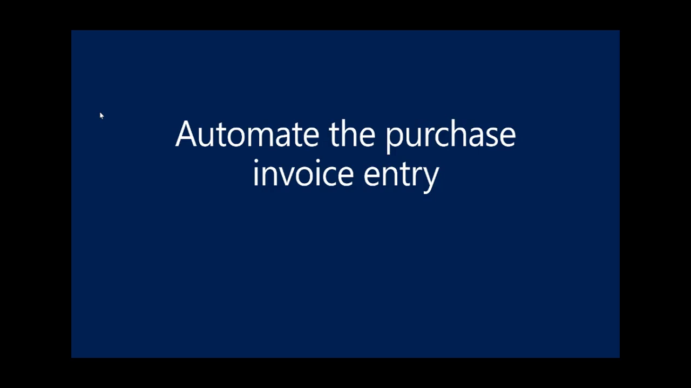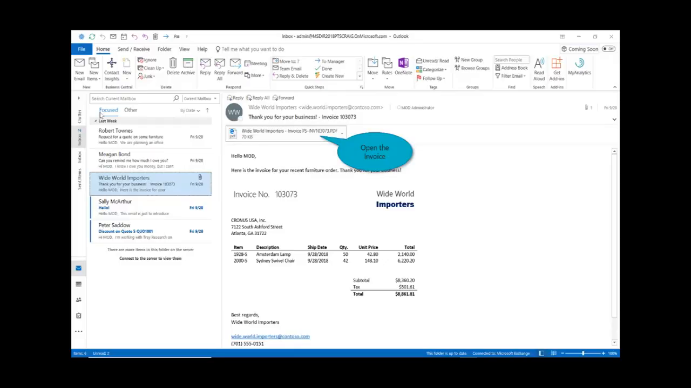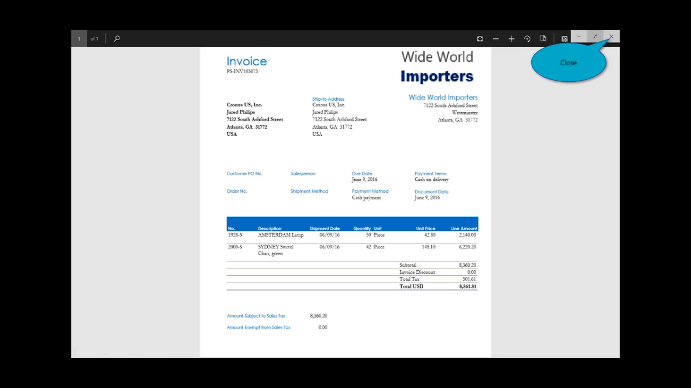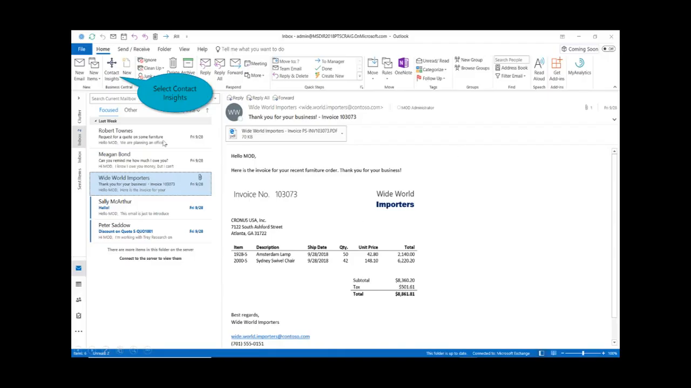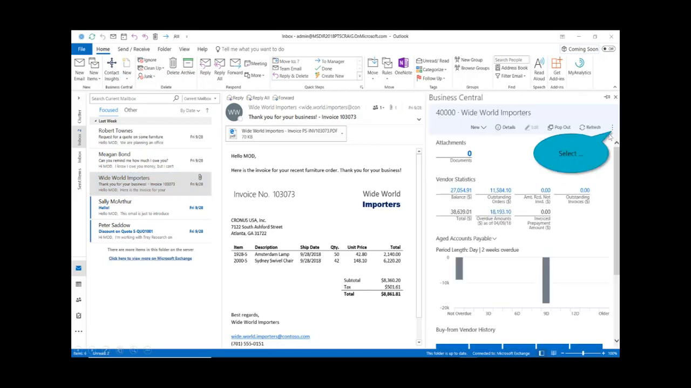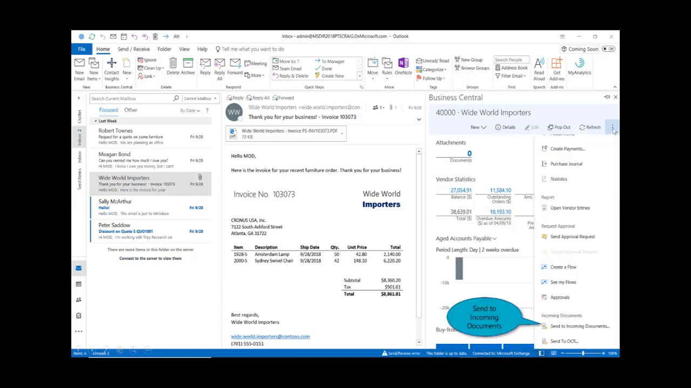Now that was great. Again, we could manually do that all day long, but I also want to take advantage of some other technologies to help automate that process. So let's assume I get the same invoice from Wide World Importers of the 50 and 42. I'll open up the PDF attachment that I got from the vendor. We'll close that out. Again, I'll select on the contact insights to begin this process again. But this time, instead of just posting that, or selecting new, I'm going to use the ellipsis and I'm going to send this either to incoming documents, or I can send it directly to